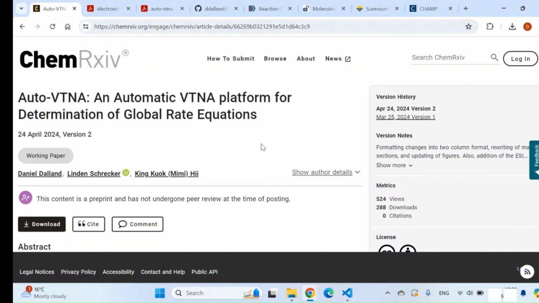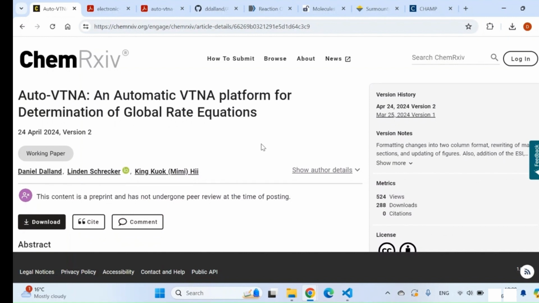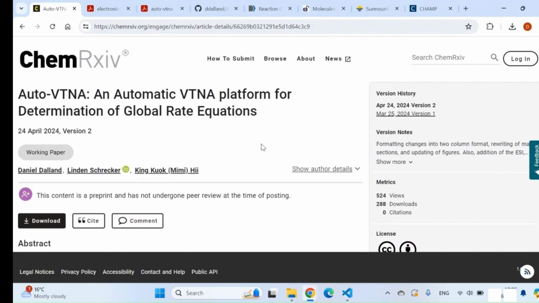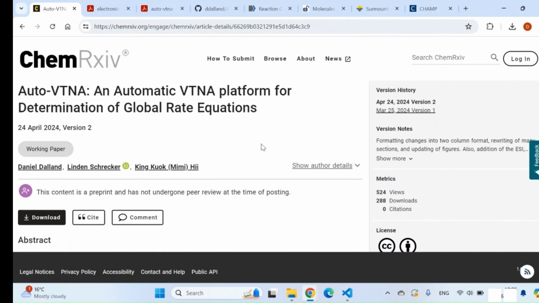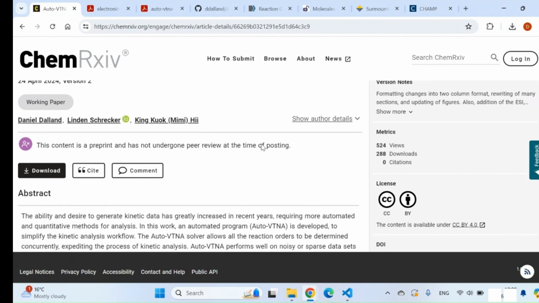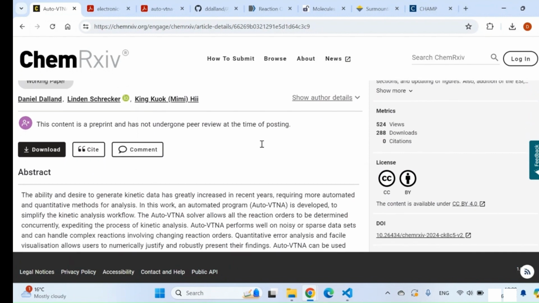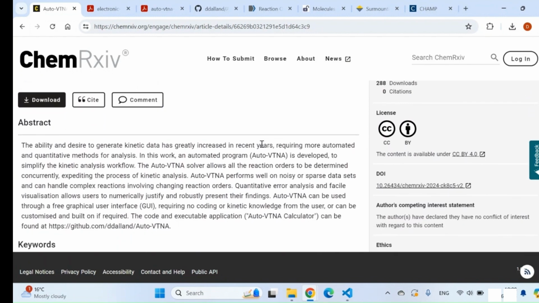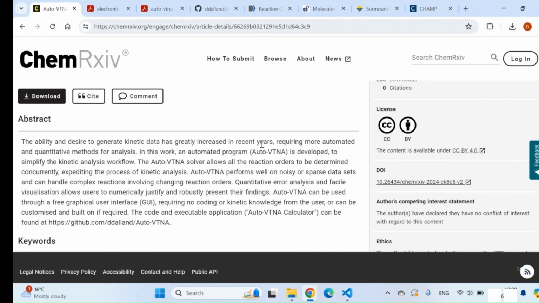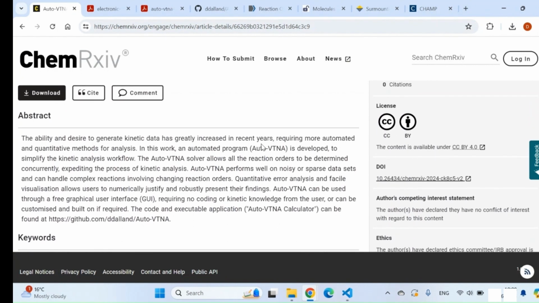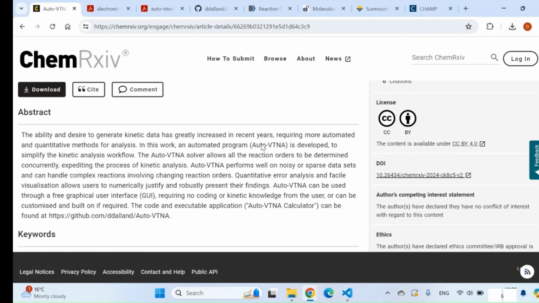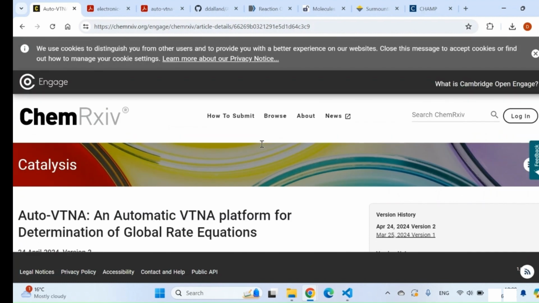Here you can see the preprint for this publication, where we outline how the package was developed, how it works, and what it can be used for. And generally, it is an automated version of a previously available modern kinetic analysis technique known as variable time normalization analysis. I've added some links to publications in the description for this video where you can learn more about this,